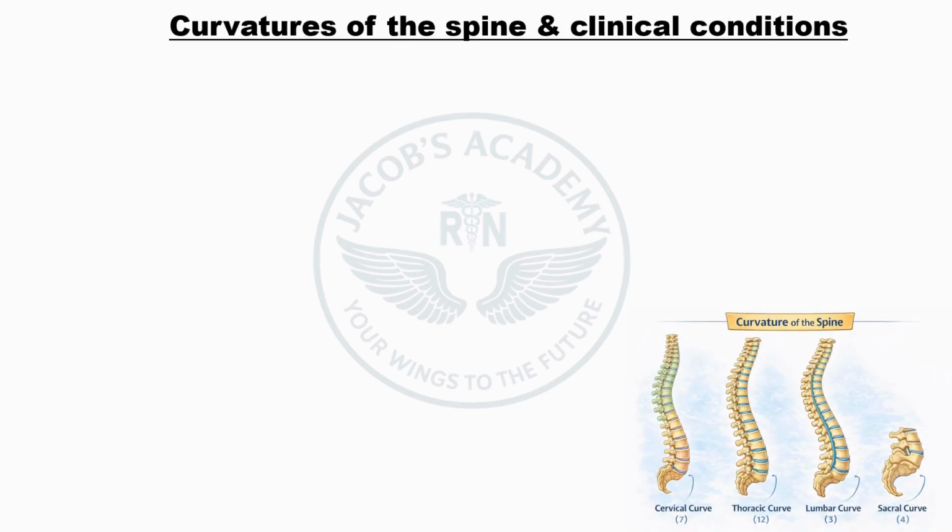Now we can see the curvatures of the spine and clinical conditions. The human vertebral column is not straight. It has 4 natural curves which help in balance, flexibility and shock absorption. So now we can see the curvatures one by one. First one is the cervical curvature. It's present in the neck region, and this curve is convex forwards and develops when a baby starts holding